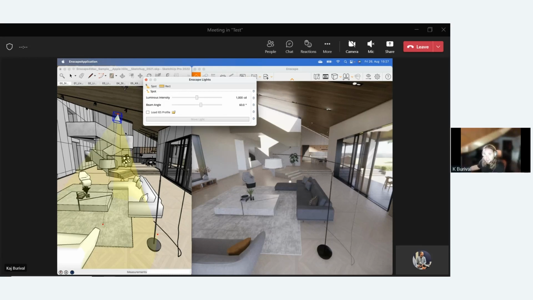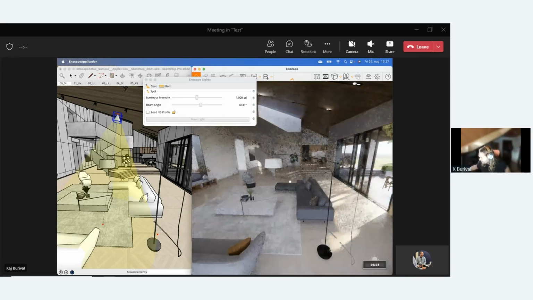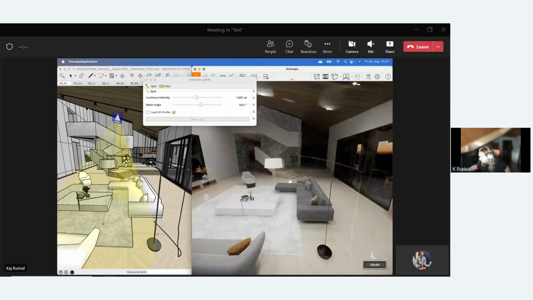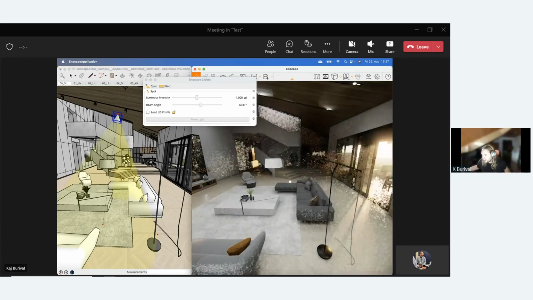However, we don't see it in Enscape at the moment. And that is a common question. Why do I not see those light sources right away? Well, because it's day and sunlight is just way brighter than our light source by default. So if we switch to night, we see there is artificial lighting in the scene. If we switch to day, we don't see it